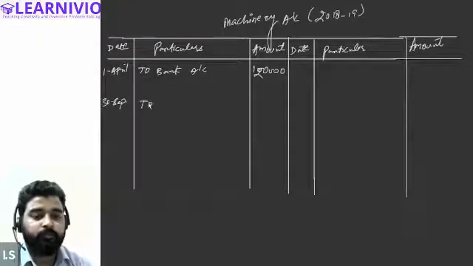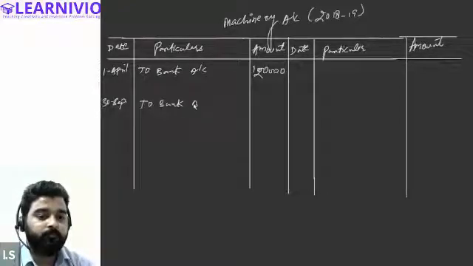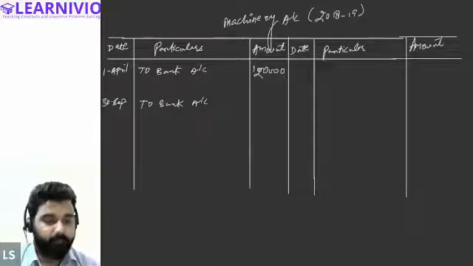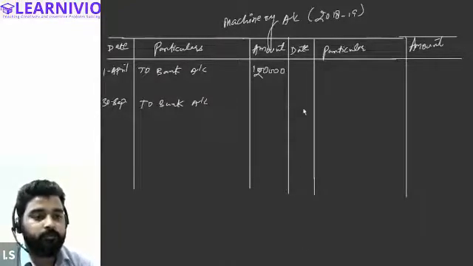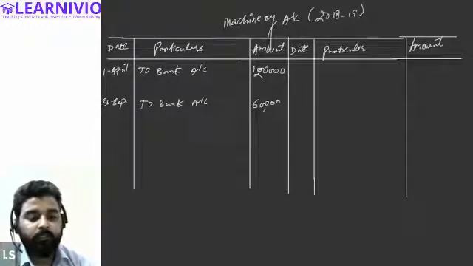So we will write it as to bank account again. And this time we are buying it for how much? We are buying it for 60,000. Okay, 60,000 in the debit column again. Right now we are spending 20,000 on the repairs and renewal of the machinery.